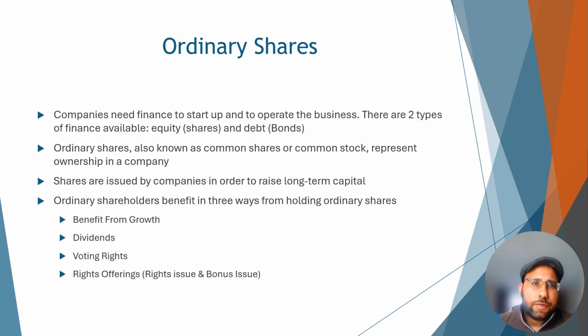Okay, now we're going to look into ordinary shares, or equities, or common shares, whichever way you choose to go about it. As we know, if a company is in a position to list on the main market, they will distribute shares in order for investors to purchase them and benefit from the growth. A company will do that in order to raise long-term capital. There are multiple ways that it can do so. That can be either via the equity route by offering shares, or by issuing bonds, which is seen as debt, as we've already discussed.